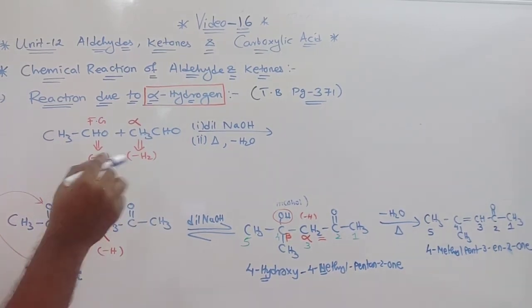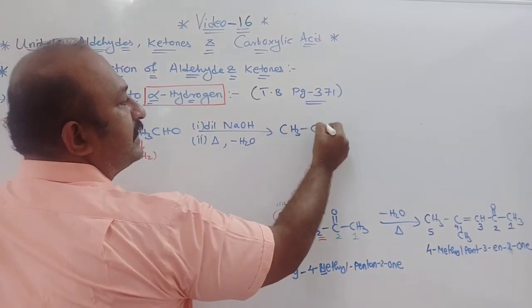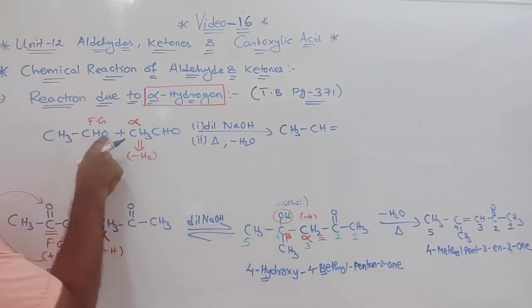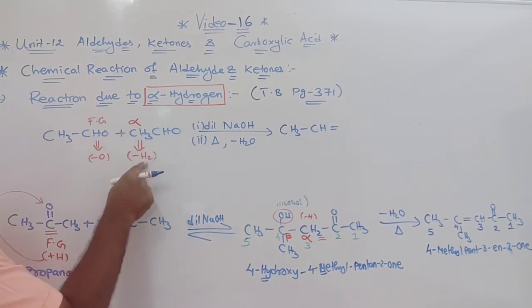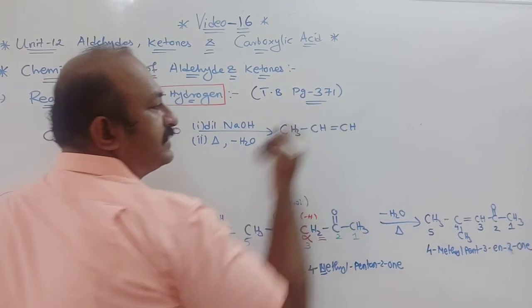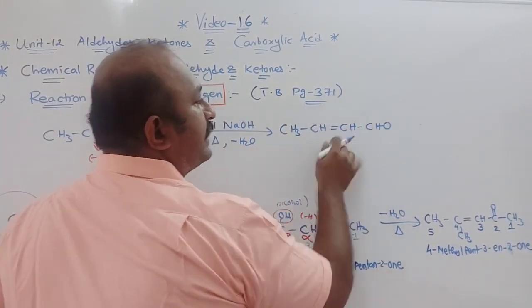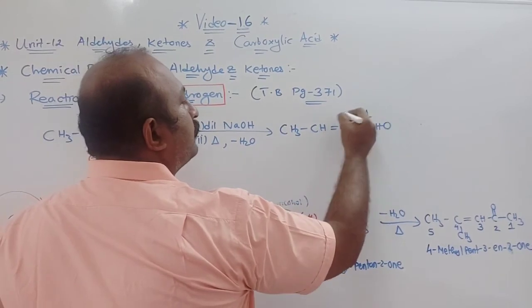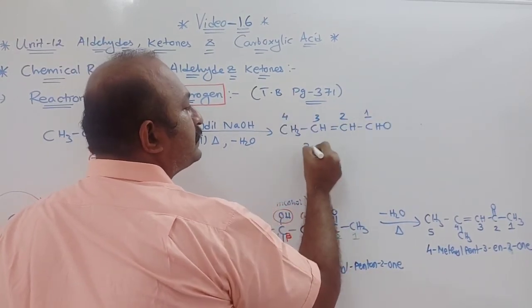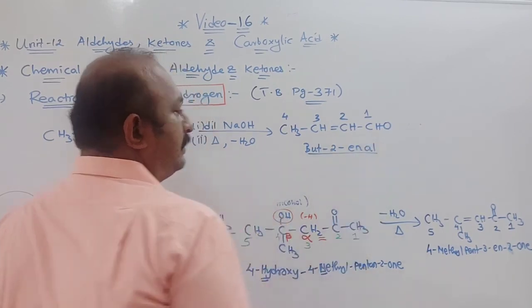Okay, so directly now you can join these two things. See, CH3CH double bond. See, CH3CH, oxygen is removed. Then from CH3 I will remove 2 hydrogens, so only CH is left. And then what is remaining? So CH. So this is the direct product we get. It is the easiest way to understand. Okay, so here now if I want to write the name, 1, 2, 3, 4. So what is it? But-2-enal, butenal.